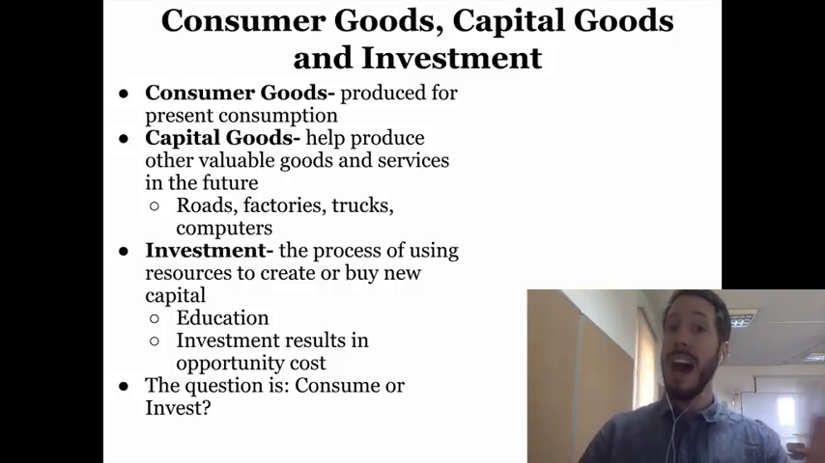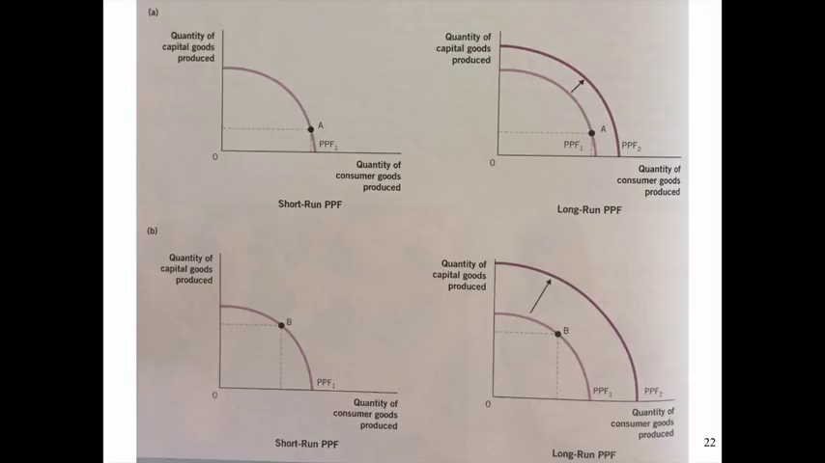And when you invest, the PPF model can change. So let's take a look at an example. In the short run, I have two goods that I can produce, and let's say I'm going to produce this much of one good, and this much of another good, just looking at the chart. Let's say I'm investing. I'm going to create more capital goods. I'm going to create a better infrastructure for my business with computers, or I'm going to build a different factory,